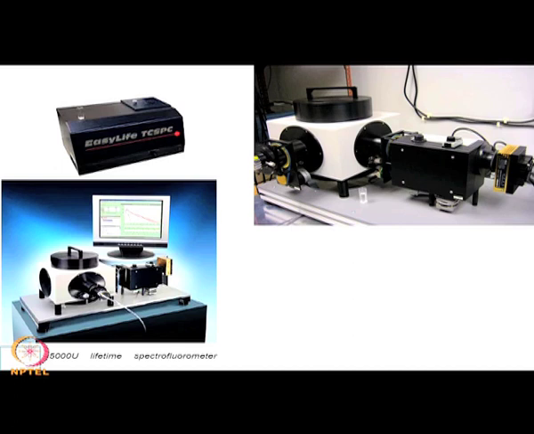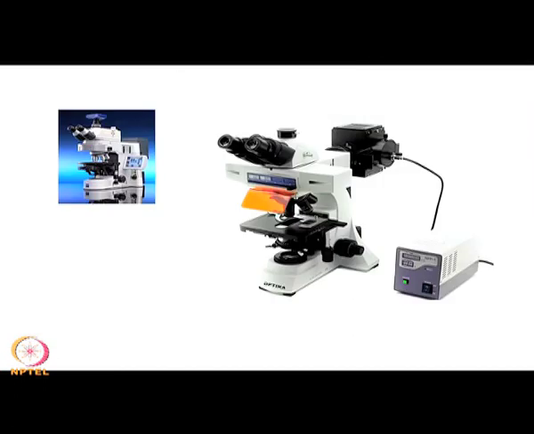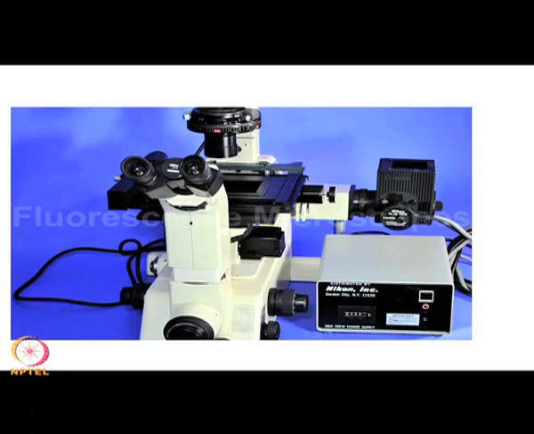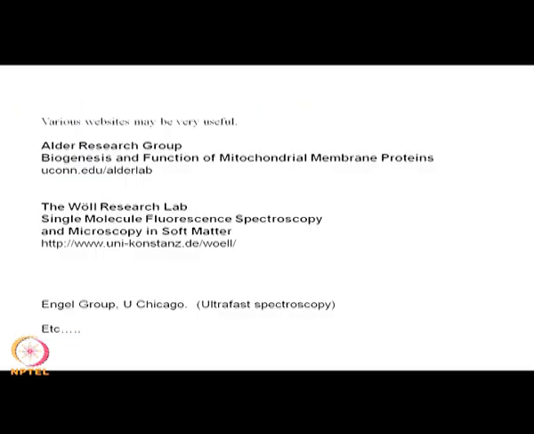While studying fluorescence spectroscopy, you should visit various websites and consult various books, and this website list is not final. It is just giving you an idea of some of the representative research groups